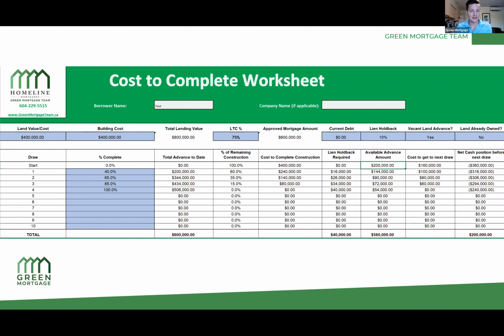Now the cost to get you to the next stage, and if you look at the next one, it says percent complete 40%, because most lenders need you to get up to lockup stage, which is about 35 or 40% complete. Well, 40% of $400,000, which is the build cost, is $160,000. So if you've already put $200,000 into the project for down payment, and you need an extra $160,000 to get